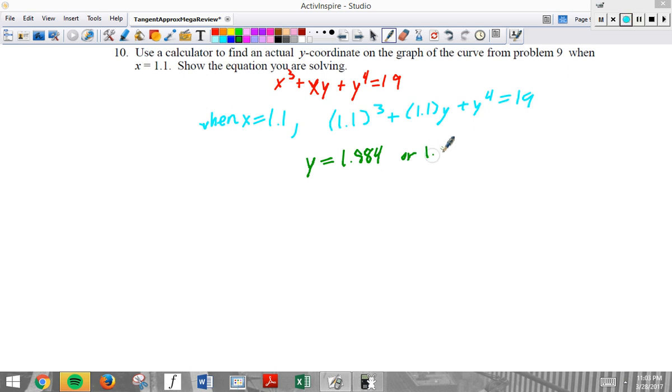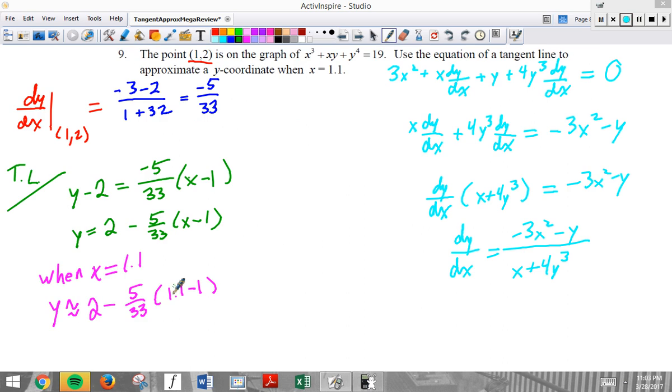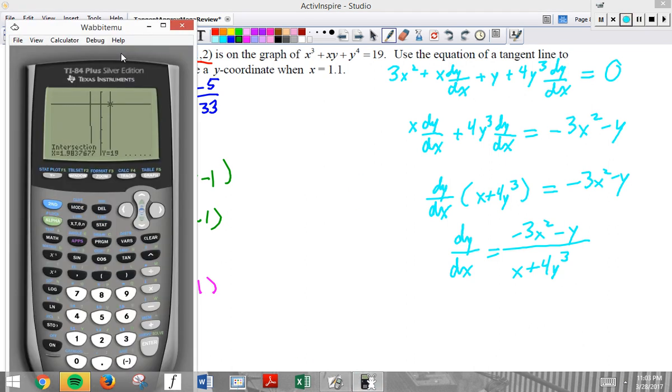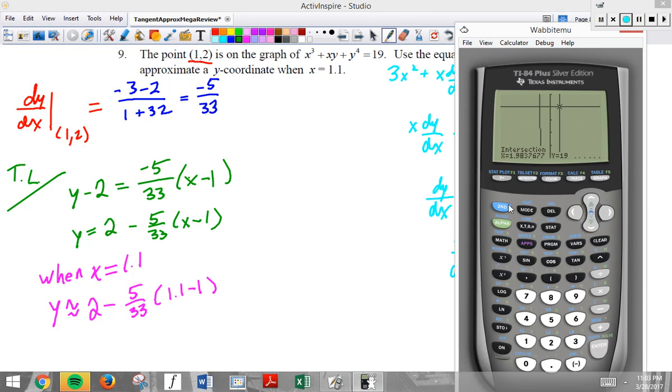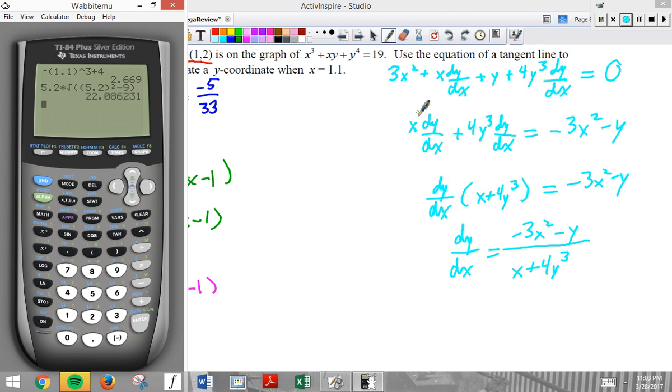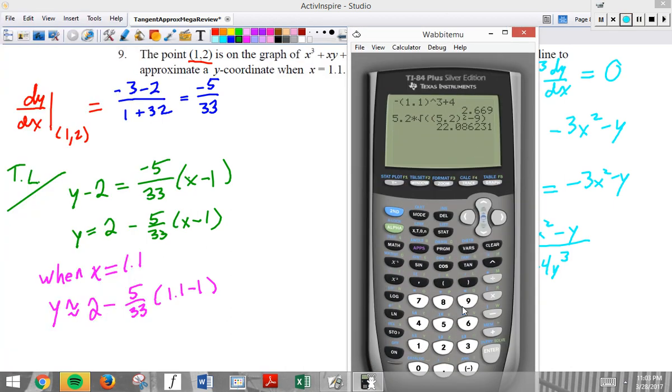Or 1.983. How close was it? How close is that? Let's find out. Oh my gosh, I really hate Windows sometimes. 2 minus 5/33